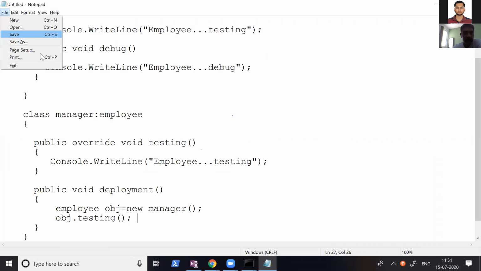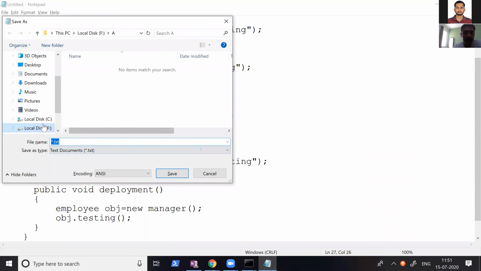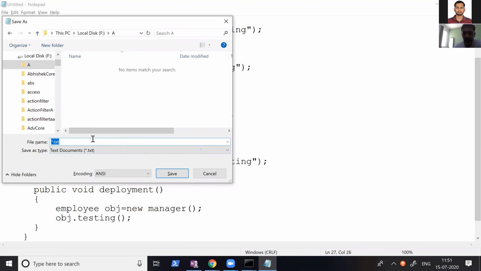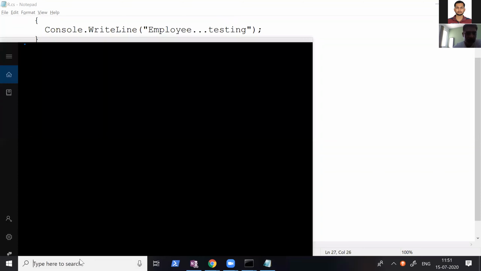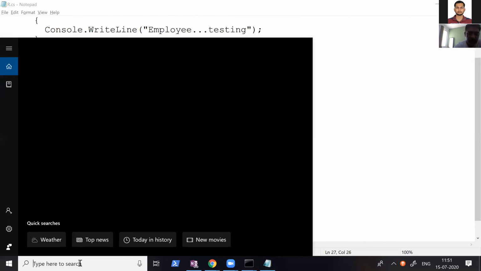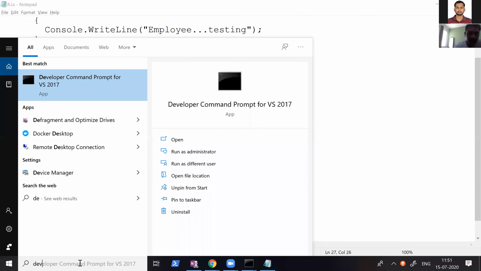Save this program. So I'm saving this program in F drive, taking folder A and giving the name runtime polymorphism.cs. Come to the developer command prompt. The extension does not matter in case of C#. You just follow the convention, otherwise it does not matter.